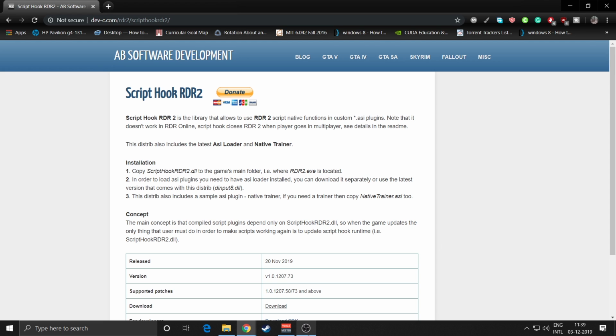So here I am going to use Visual Studio Community Edition 2019. And I recommend you to do the same. The second requirement is Scripthook SDK. Now, what is exactly Scripthook SDK? The Scripthook SDK is a static library to use with the native scripting engine of Red Dead Redemption 2 to develop ASI plugins. To download Scripthook SDK, you have to visit this site,